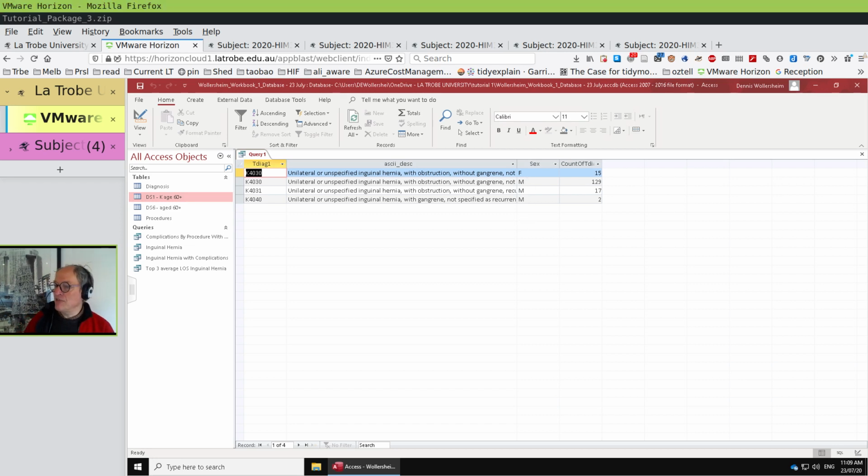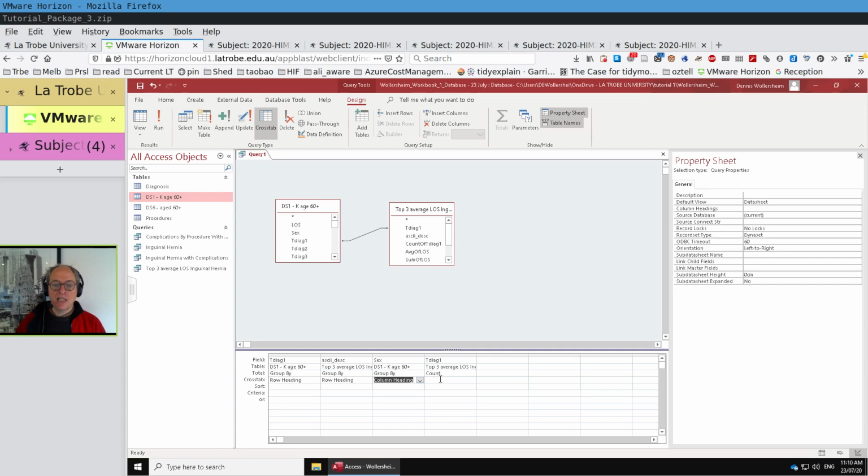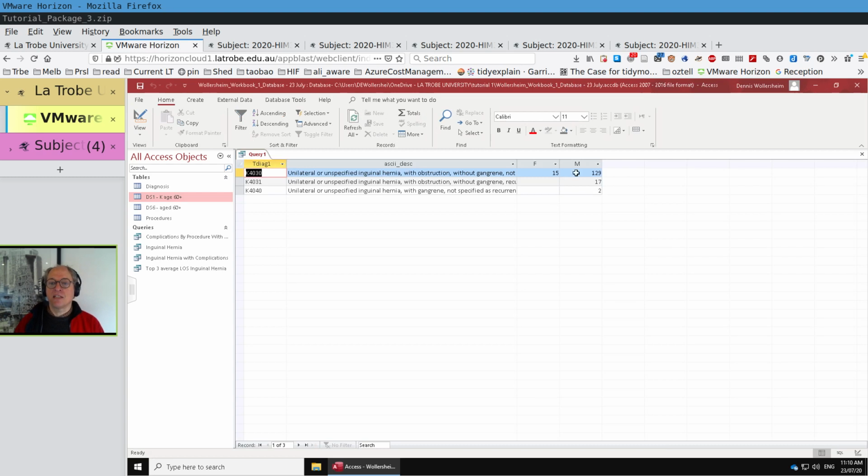So that's kind of nice, but sometimes it's useful to be able to have the male and female laid out on the top of the column. I showed that in the lecture, but I'll show it here as well. So here we change the query into a crosstab query. There we have to decide what's going to be on the side. So those are going to be row headings, the ASCII desc and the tdiag1 row headings. The sex is going to be a column heading, and the count will be a value. And when we run that, now we see that there's data inside the query,